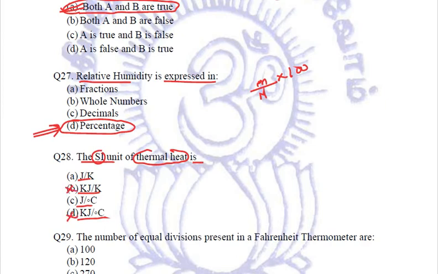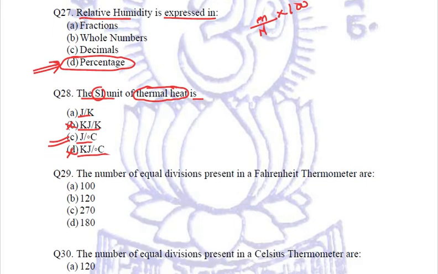Now whether it is joule per Kelvin or joule per degree Celsius, the answer is joule per degree Celsius, because it is the amount of heat energy which is required to raise the temperature of a body, the whole body, by 1 degree Celsius. Got it? So joule per degree Celsius, option number C, that is what you are going to mark. Coming to the next question.